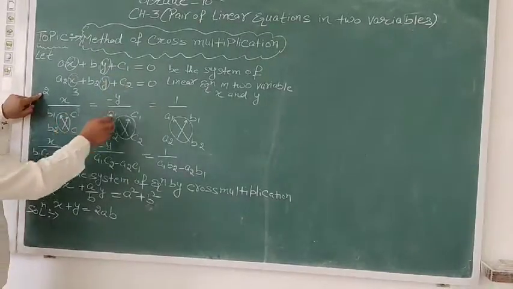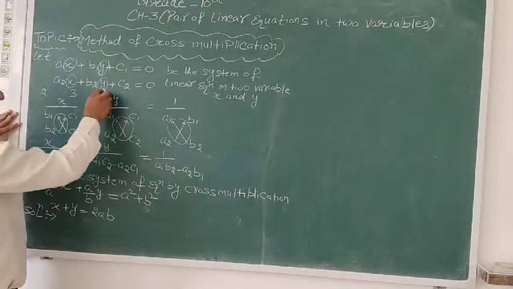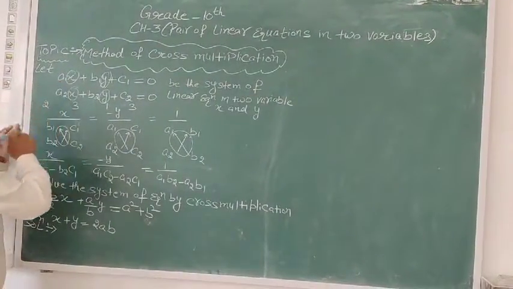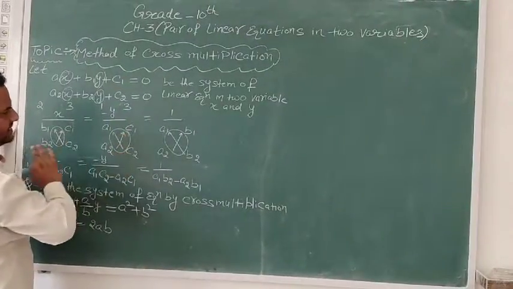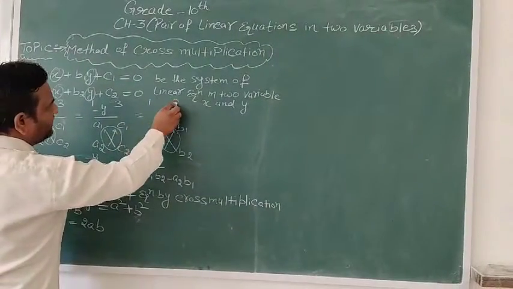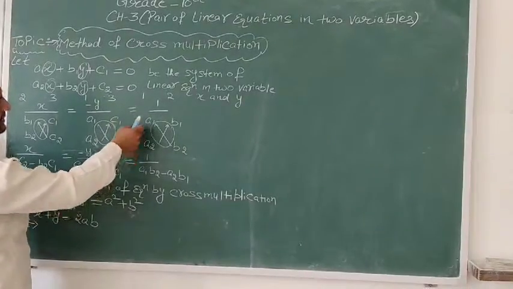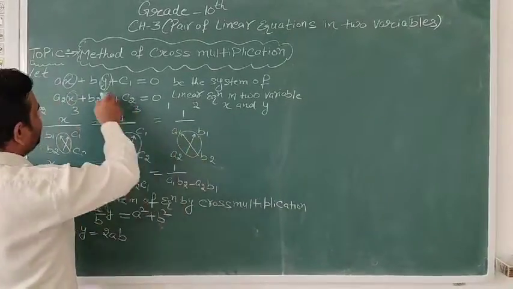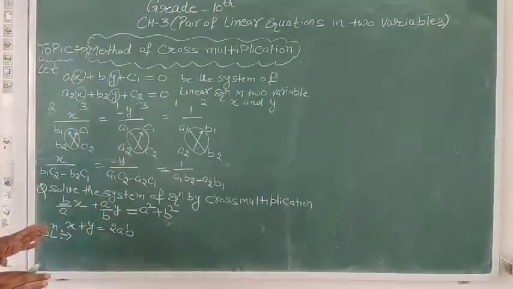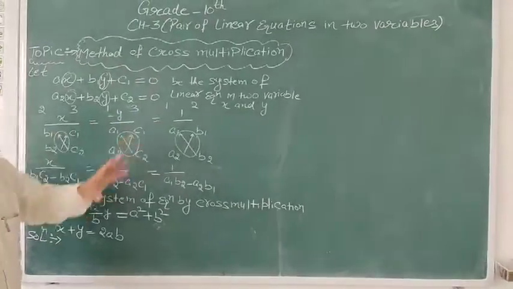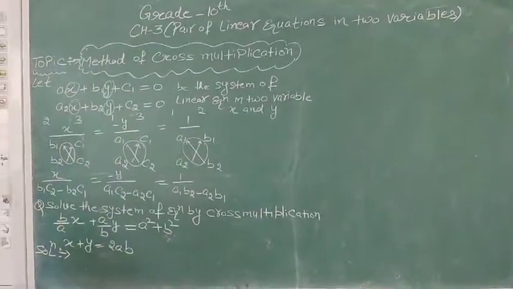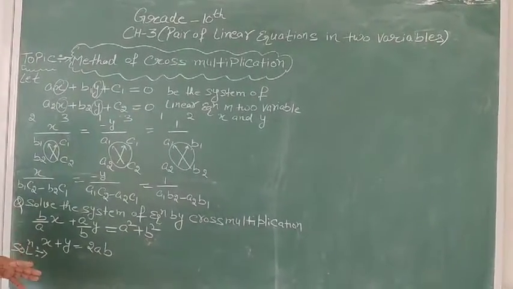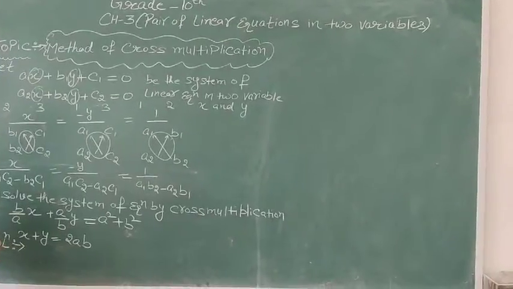C1, C2, third column, is equal to, I am writing here 2 3, then I am writing here students 3 0. See, coefficients of first column a1, a2. Then third column is c1, c2. Here I am writing students 1 2, that is a1, a2 coefficients of the first column and coefficients of the second column. So I think now it is easy for you. 23, 13, 12. By this you can easily apply your formula of the cross multiplication method. So let us solve one question in order to understand this method properly.